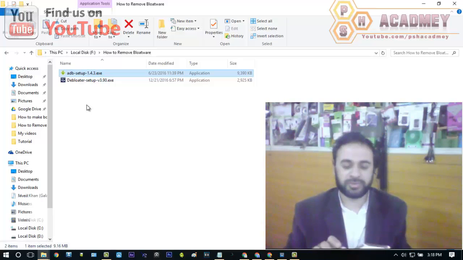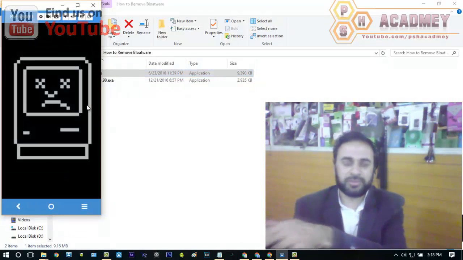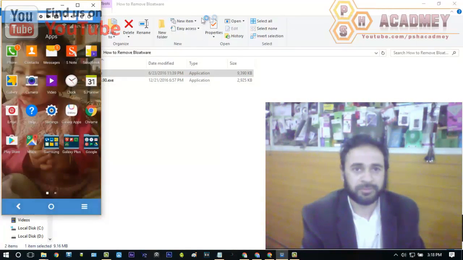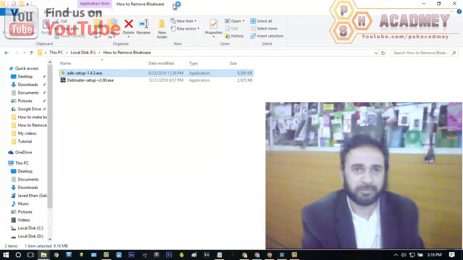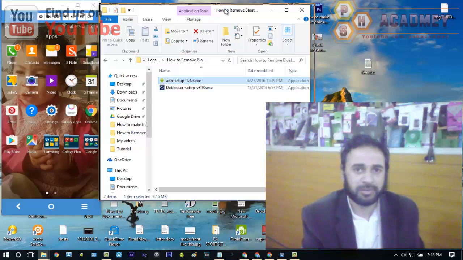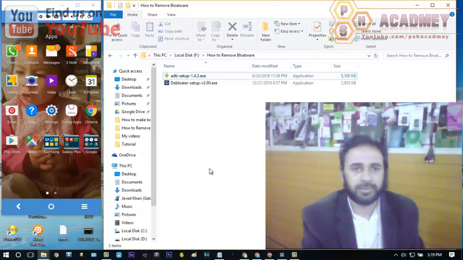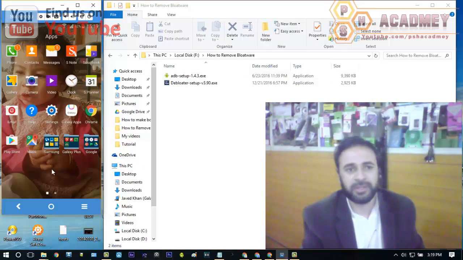Let's see. I'm connecting my phone with the computer so that you can also see my mobile screen on the computer. As you can see, I just drag it and voila. Here you can see how we can enable debugging mode on our Android phone.